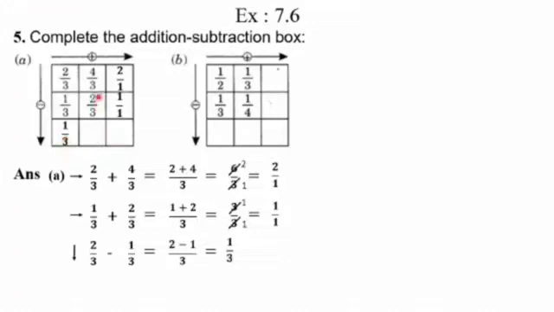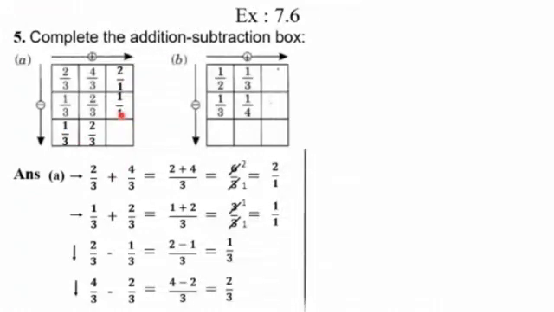Correct. In the similar manner, we'll go like this for the second one, up to down. 4 upon 3 minus 2 upon 3 equals 4 minus 2 upon 3, and the answer is 2 upon 3, which will be written here in the empty box below it. Now this box you can do in two ways. Either you solve it horizontally or you solve it vertically. It's up to you. But mind well that both the times you are going to have the same answer.